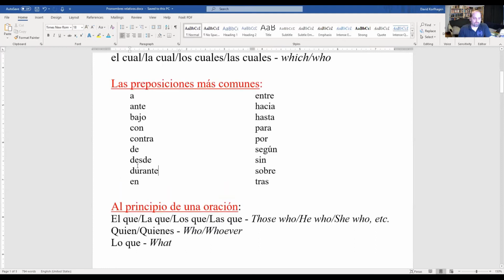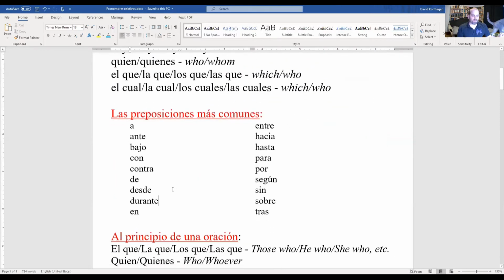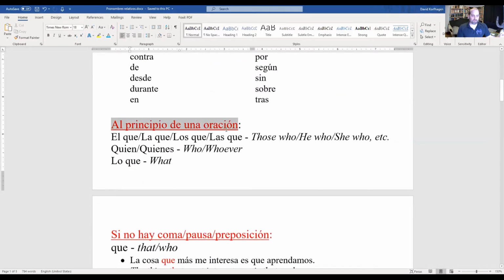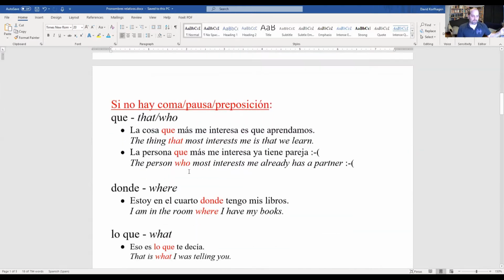Another situation slightly different from, if there's no comma, pause, or preposition, or if there is, would be at the beginning of a sentence, right? Al principio de una oración. And so here, the possibilities are also limited, right? So we have el que, la que, los que, las que, quienes, and then lo que. Those are the only options we have when we're talking about at the beginning of a sentence, right? Okay, so now looking at some examples,